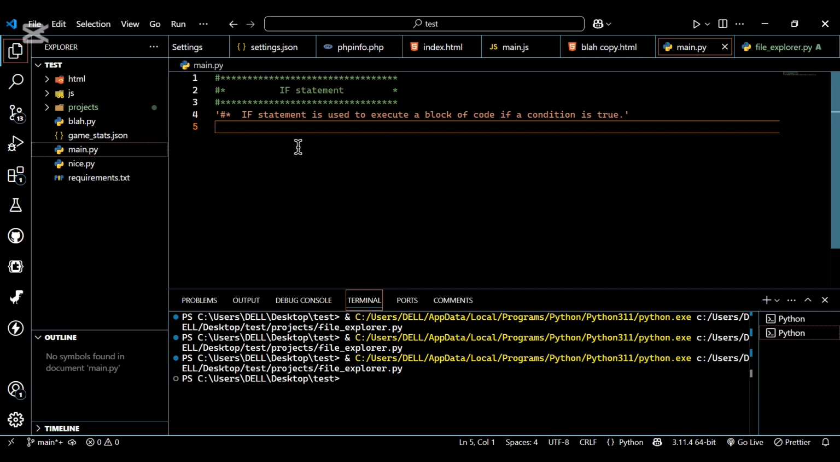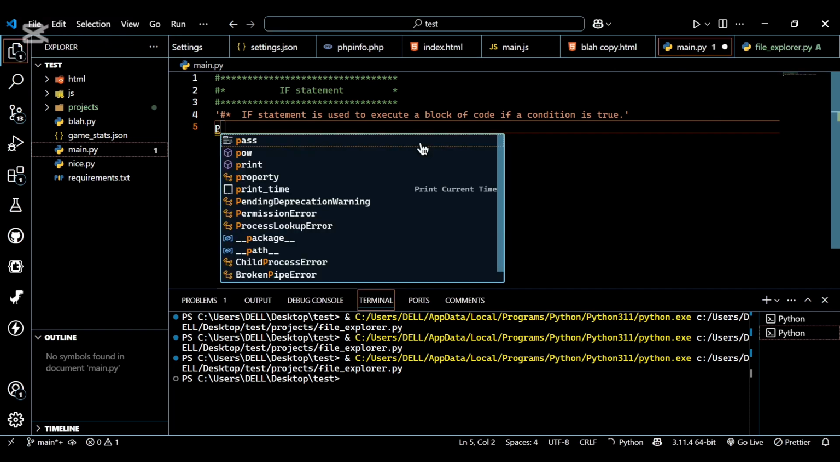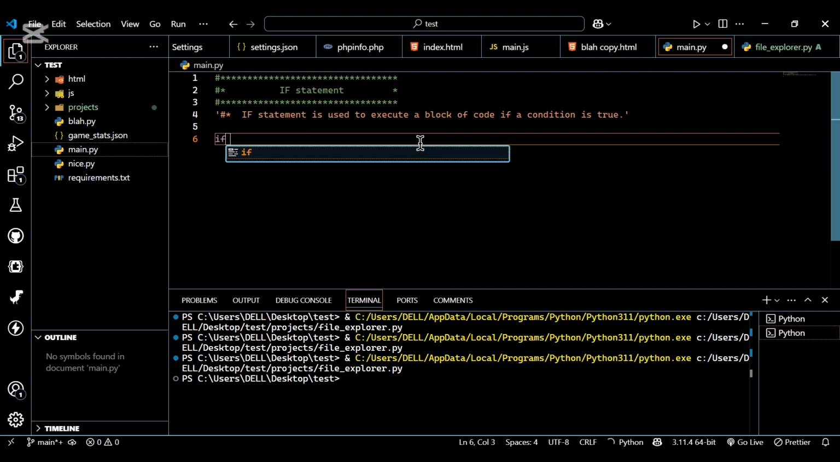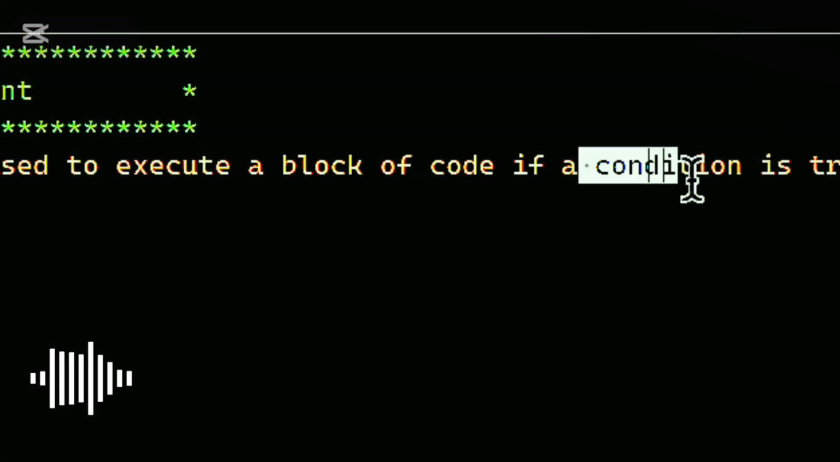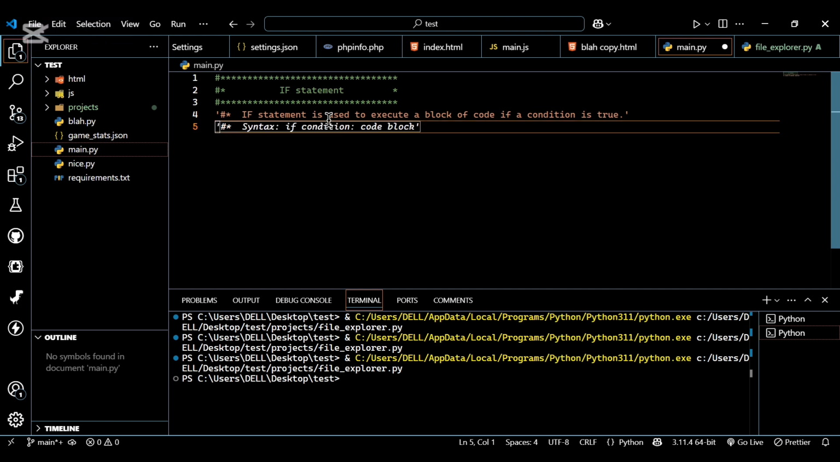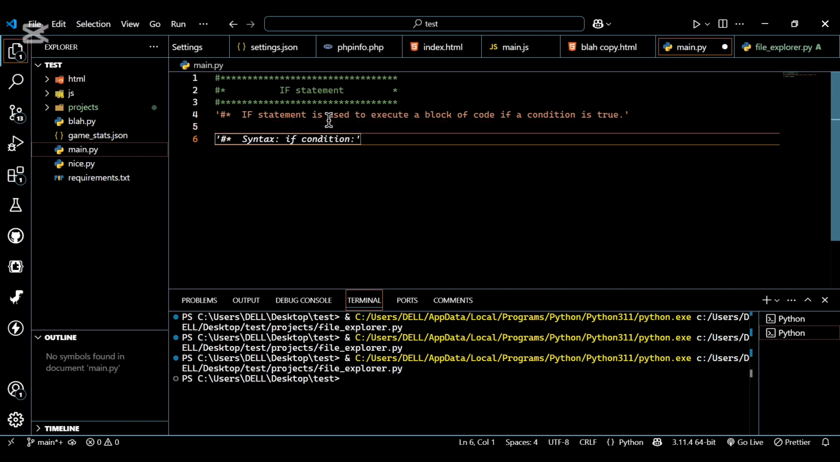Guys, in this video we are learning the Python if statement. If statement is used to execute a block of code if a condition is true. So let's try it. For example,